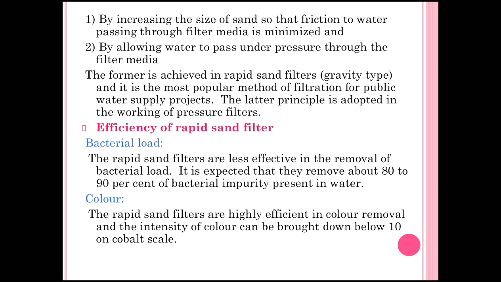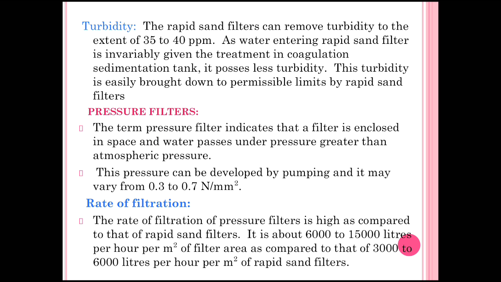Second one is the color. The rapid sand filters are highly efficient in color removal and the intensity of color can be brought down below 10 on cobalt scale. Third parameter is the turbidity. Rapid sand filters can remove turbidity to the